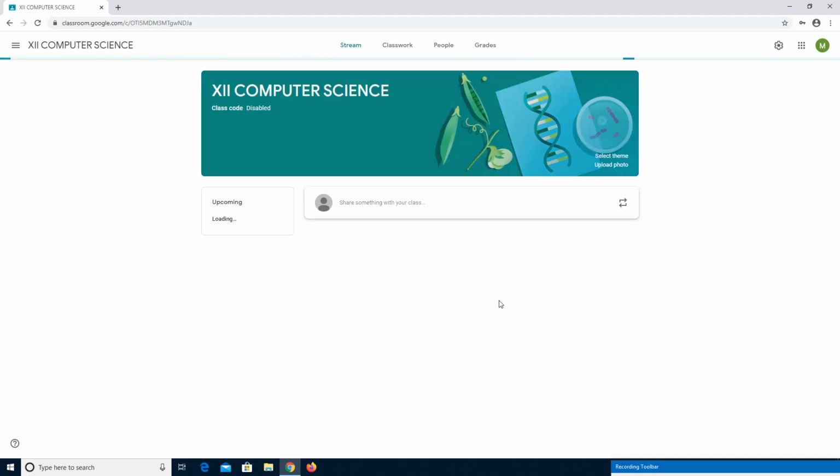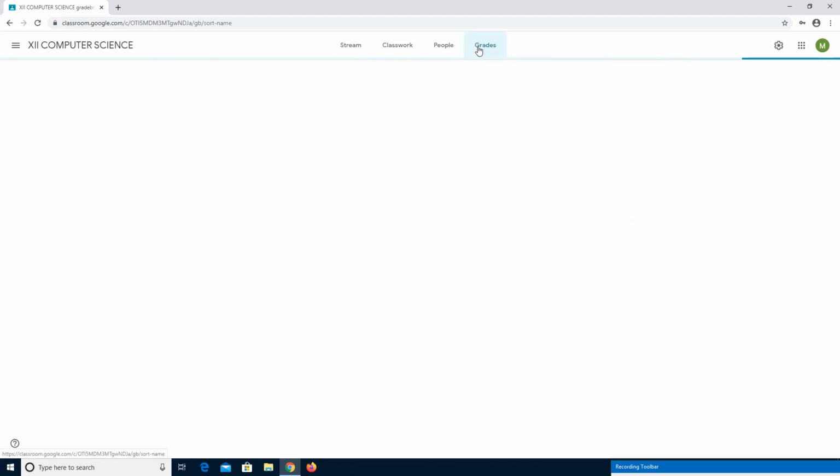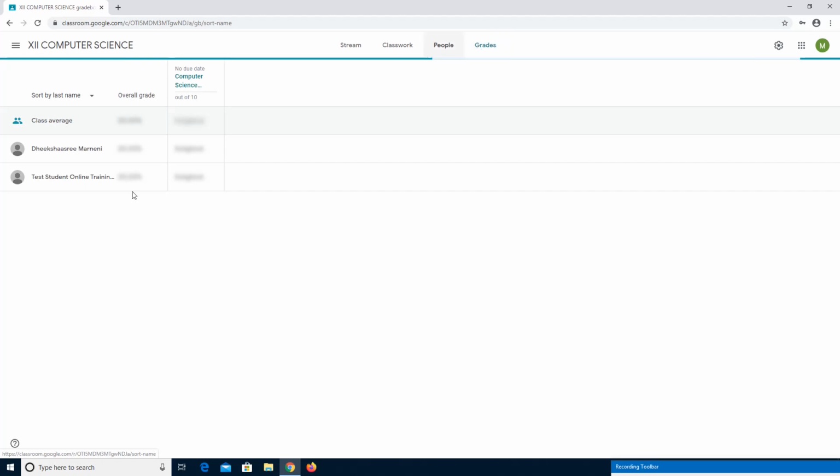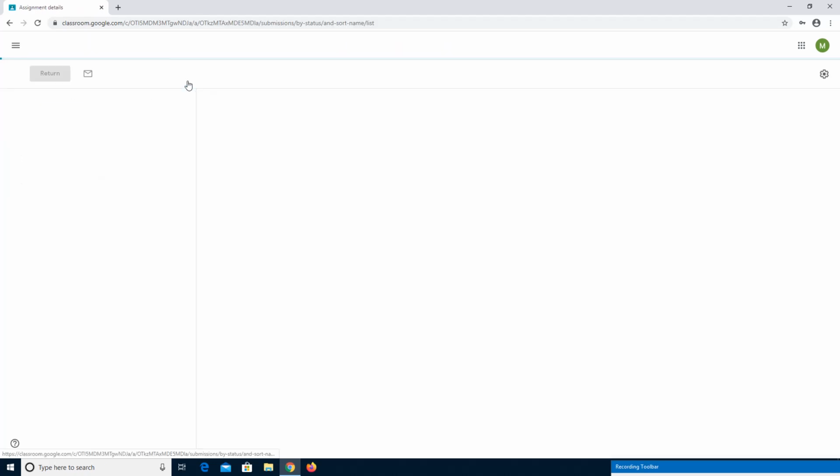As a teacher, you can see your respective class inside the classroom. You can click on your respective class. Just now one student has written that exam. So you can go to the grade section. Only 2 students are there in this particular class. You can see our subject name is computer science. One student has attended the exam and the other student has not attended the exam. So I'm clicking on my subject name, computer science internal assessment,